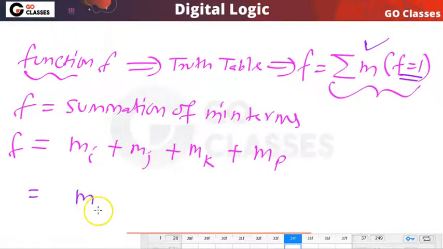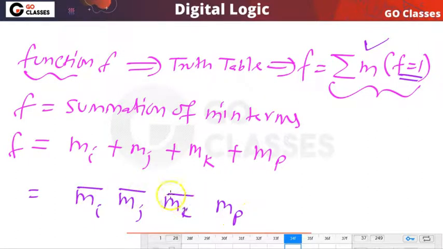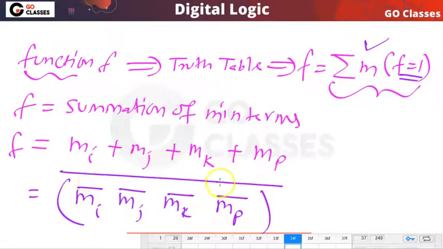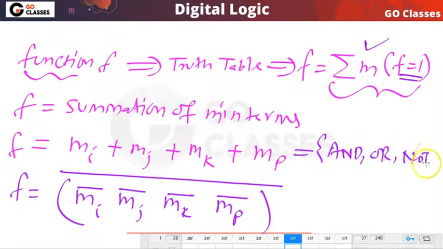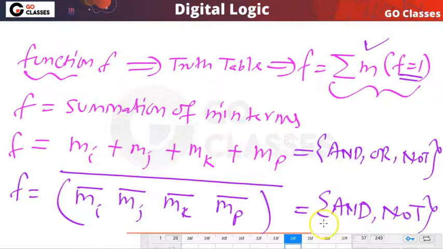Finally I can write mi complement, mj complement, mk complement, mp complement, whole complement. This is your function. You can notice here we are using and, or, not, these three operations, and here we are using only and, comma, not. So this is the proof that and, comma, not is functionally complete.